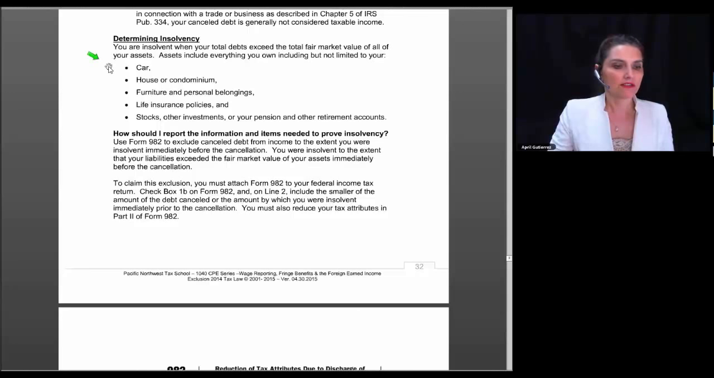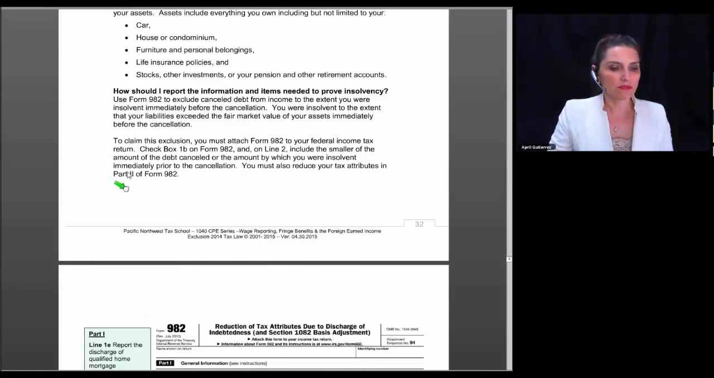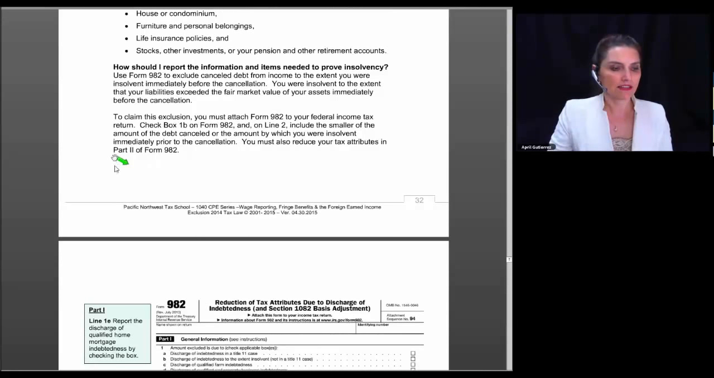Your assets include everything you own, such as your car, house, furniture, and personal belongings, life insurance policies, and stocks or other investments, or your pension and other retirement accounts. So you're going to add up the quick sale value of everything you own and see if your assets are less than your debt, and if they are, then you are considered to be insolvent. And you can read more about insolvency by looking at the publication I mentioned earlier, as well as the instructions